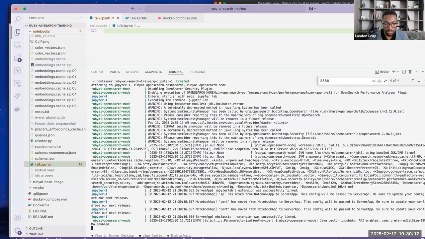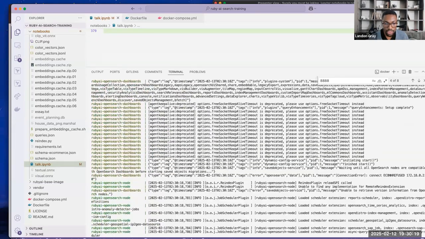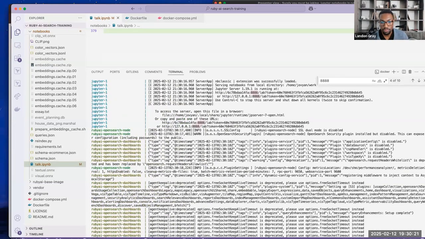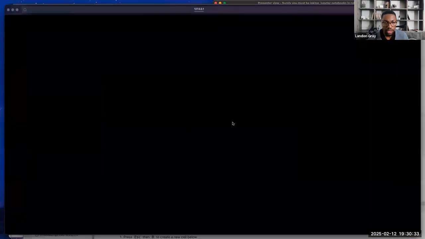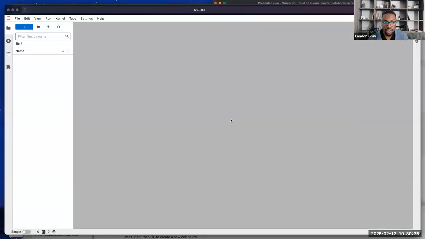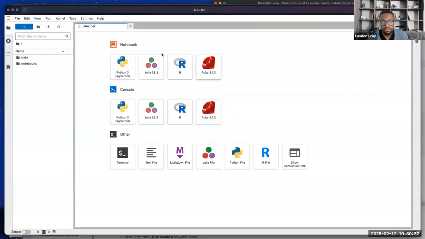What will happen is it will start running all the things that need to be run to support these notebooks. And you'll see in here, there's this URL link, and it has a token. If you command click that, it will open this